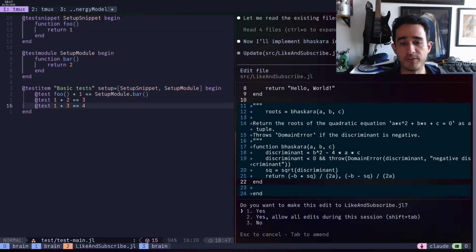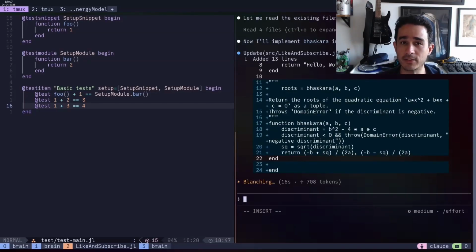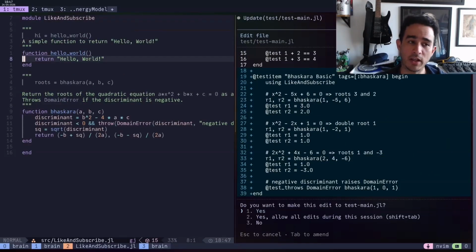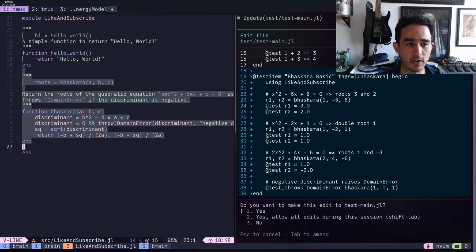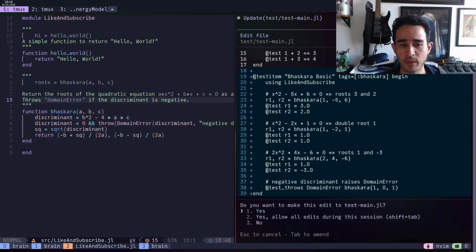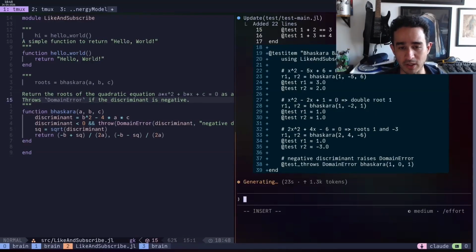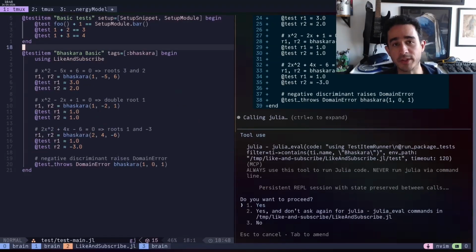First of all, it's modifying the source file, creating the Bhaskara function. That's a yes for me. You can see the result on the left. The roots equal Bhaskara function was created. Now it's trying to create new tests, and that's still just normal agent usage, and you can say yes. You can see the new tests have been created, and then it's trying to run the tests,